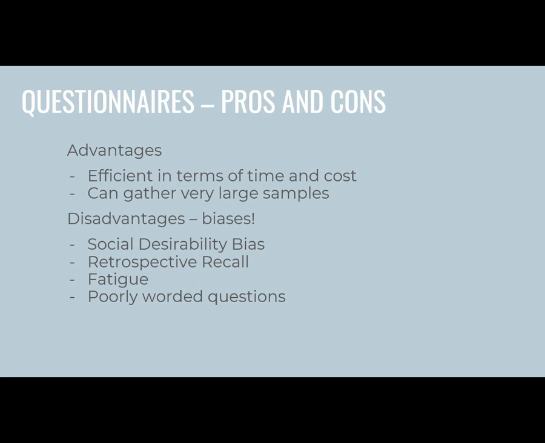But there are also some significant disadvantages. Social desirability bias is when your participants answer what they think they should answer instead of what their honest answer would be. For example, when you ask adults about their excessive drinking use, you may not get honest answers because people may not want to answer something that is socially unacceptable, such as, I am a drunk and I get drunk every single night, or I'm binge drinking multiple times a month, whatever it may be.